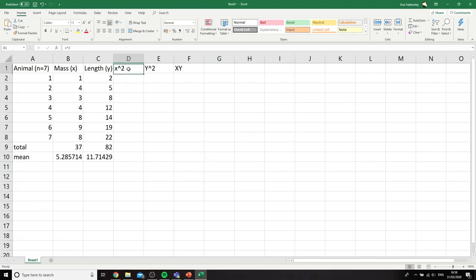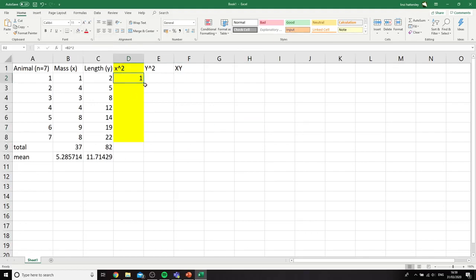Now, let's focus on this. Okay, so we're going to square the x values one by one. So you can click equals, select that one. You do the hat, which is shift 6, and then 2 to square it. If you need to cube it, you'd put 3, and then 4 and 4, so on and so forth. Okay. And then you're going to select that. Because the formula is going to be copied for all of these, okay,